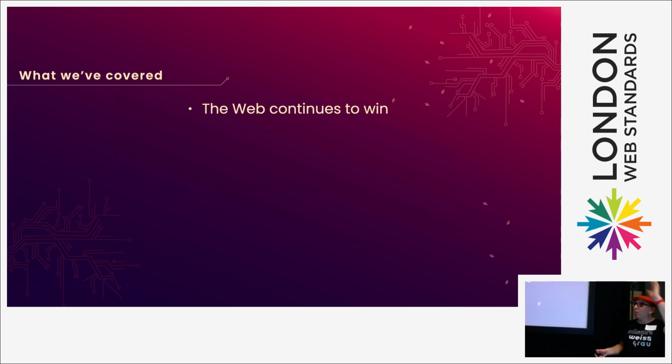So, we've looked at why the web continues to win. We've seen it all the time. Recently, CSS has gone absolutely gangbusters, and all of the things we used to do with JavaScript, we don't anymore. We use CSS to do it. I still want anchor positioning, and it won't come this year. I really want it to, but it will come, and those things will go.